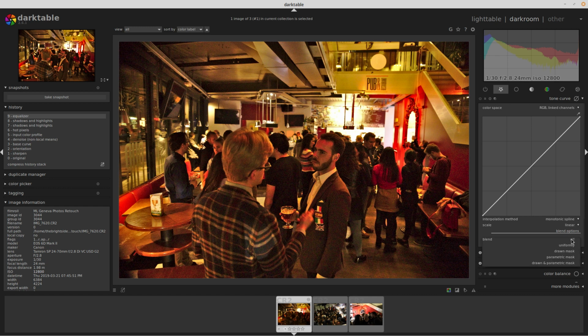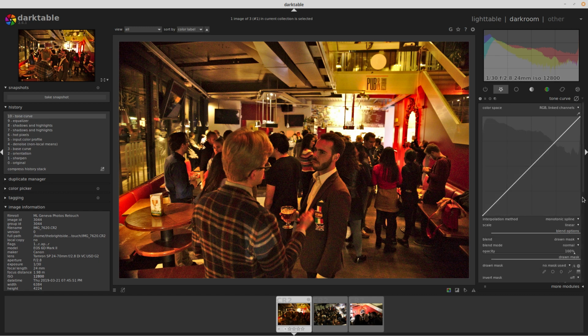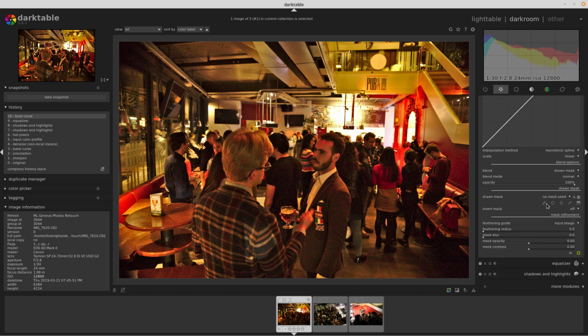We're gonna do a mask for this. In order to draw a mask, I'm gonna draw it right on his face. Now this mask allows us to apply an effect like the module that we're using now, the tone curve, to only the part that the mask covers. So I'm gonna draw a mask around here like this,